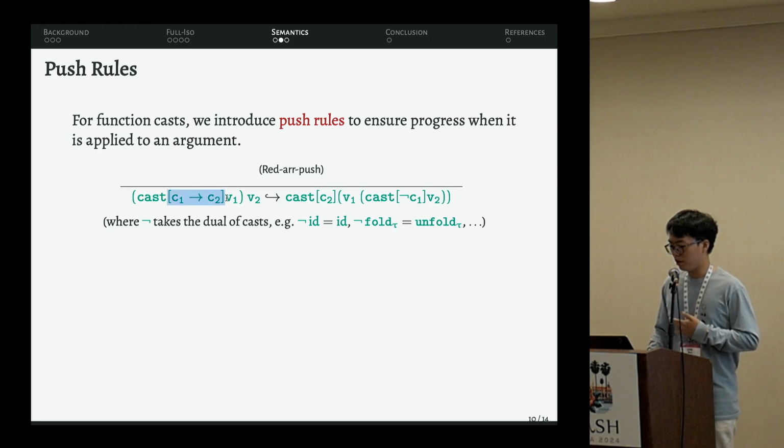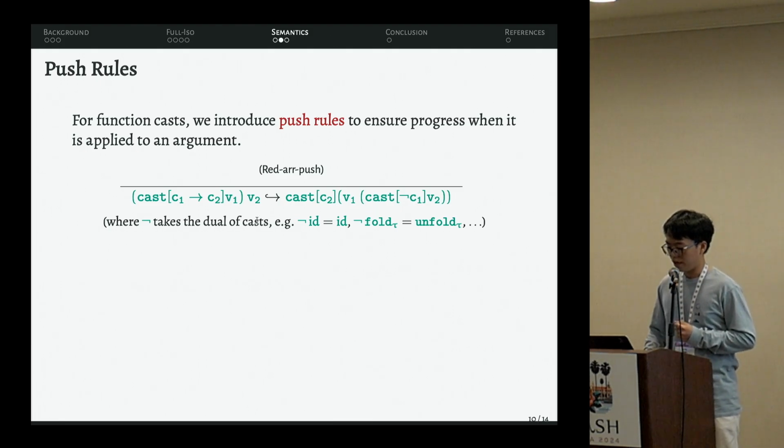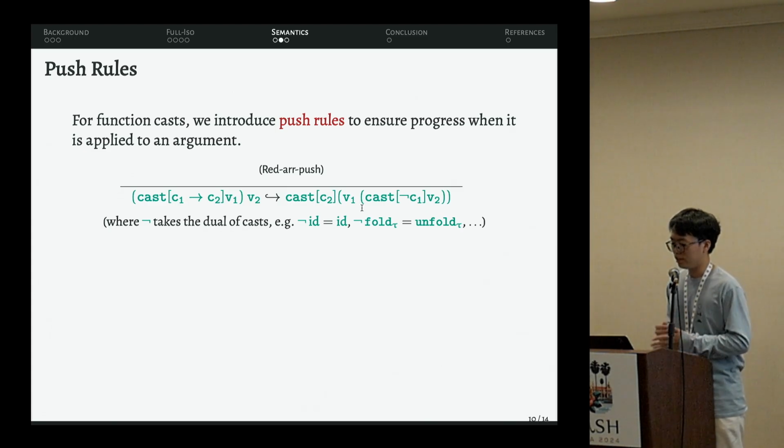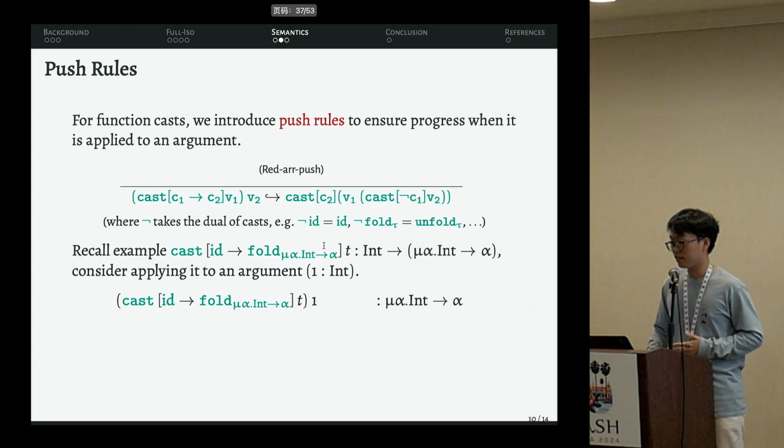Basically it decomposes this function cast into smaller casts, and applies the input cast to the incoming argument, v2, and applies the output cast to the result after application. And in order to ensure preservation, we have this special operator that reverses the direction of fold and unfold. So if you recall our previous example, the encoding, if you apply it to an argument integer,